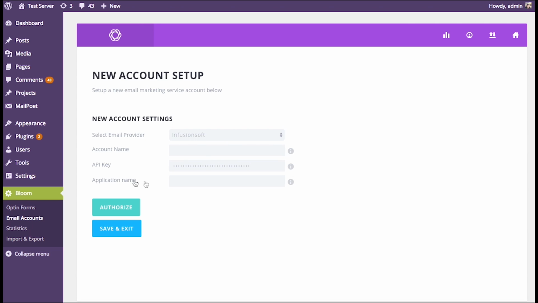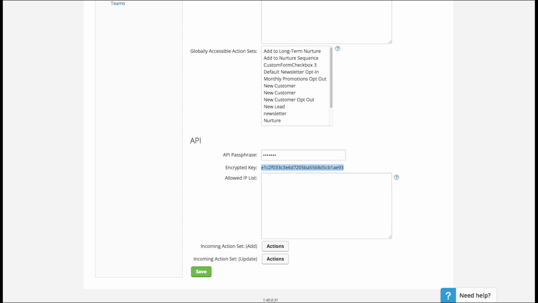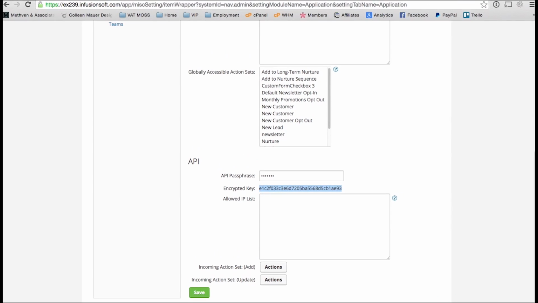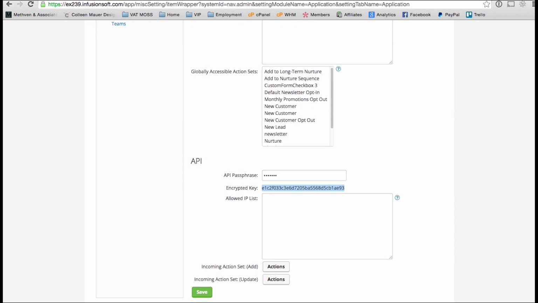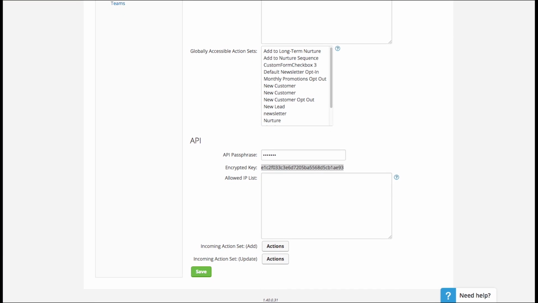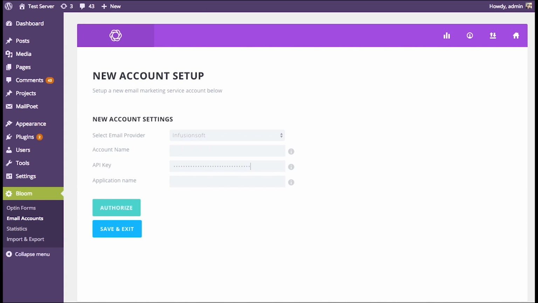And then next up, you're going to need to find your application name. And this can actually be found in your browser address, in the address bar in your browser. It's the subdomain when you log in. So if you look here at the subdomain, when I logged in, it says EX239. That's my app ID. So you're going to want to copy that, whatever is shown there in your URL, paste it into the application name there,